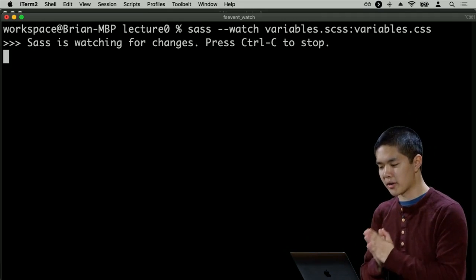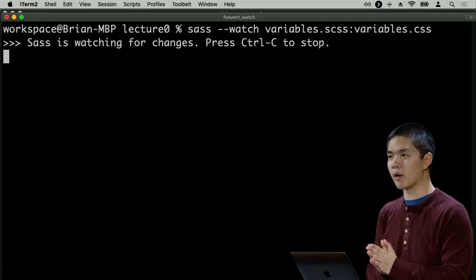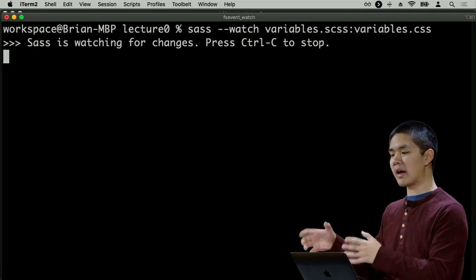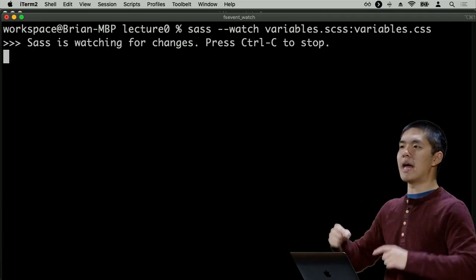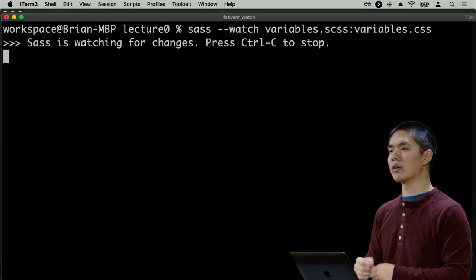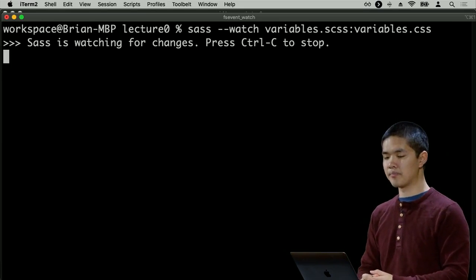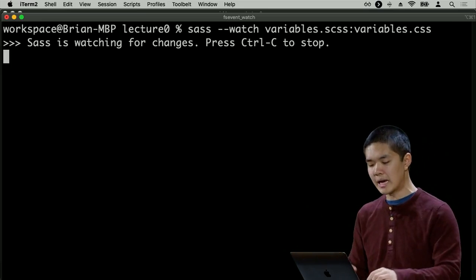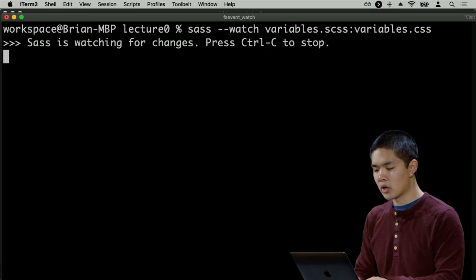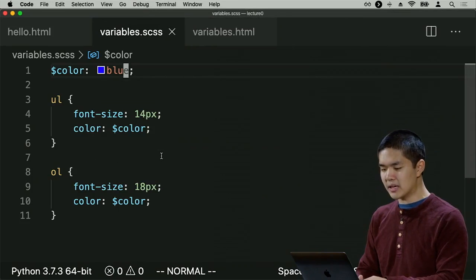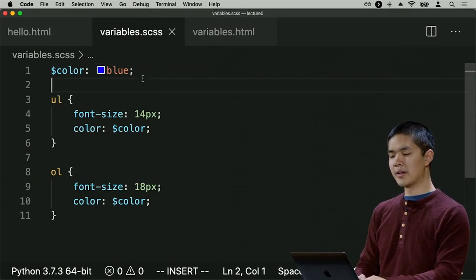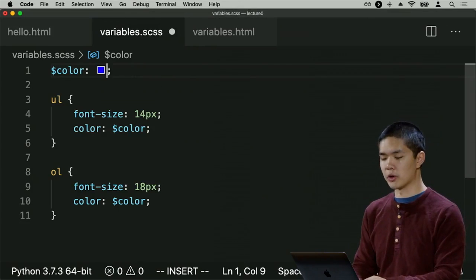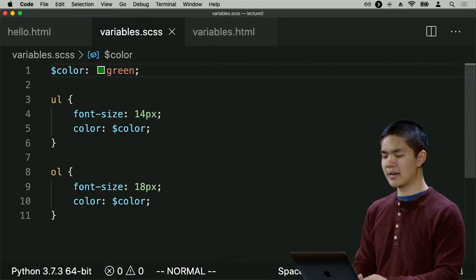Sass is going to monitor the variables.scss file. And if ever I change my Sass file, Sass is going to know about it, and it's automatically going to recompile the corresponding CSS file. And you can do this not just with single files, but entire directories as well if you have multiple different Sass files. So now what I can do is, in the variables.scss file, I change the color. Instead of blue, I now want it to be green, for example. I now save the